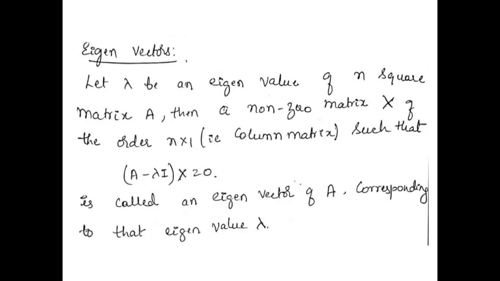So if you look at this equation, A minus lambda I X equal to 0, in the previous process of finding eigenvalue, we have already found A minus lambda I. Right? So this part in the bracket, A minus lambda I, is already done. All you have to do is multiply this with some X and equate that to 0. Right? So this A minus lambda I, which is mentioned in the bracket, is nothing but finding the eigenvalue or the characteristic equation, and then you multiply this with X and equate to 0.